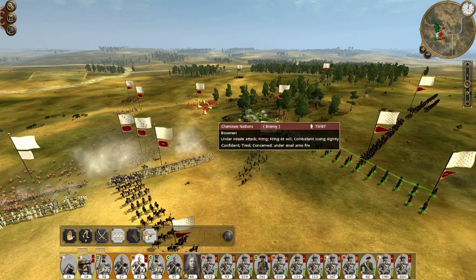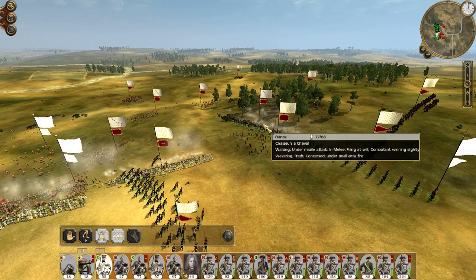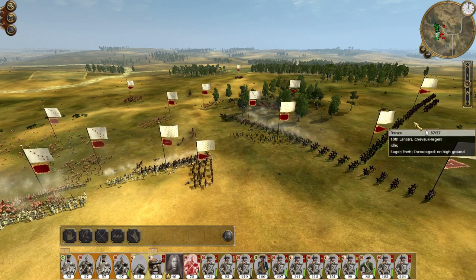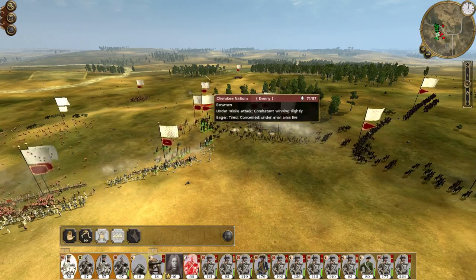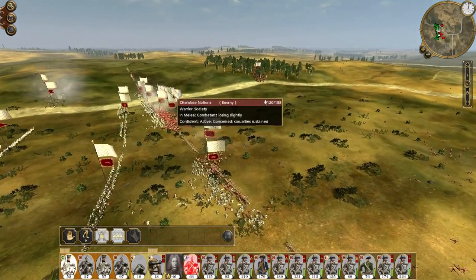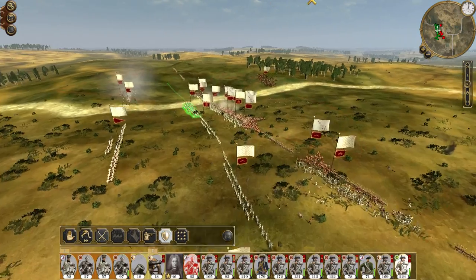Still really want to hit these guys here, to be honest, the bowmen, if we can. Okay, Chief's Bodyguard, let's throw cavalry in to try and kill them. Keep going, push right through. Okay, I think we're probably okay over here. Might be time to... Damn. I was going to say it might be time to throw some cavalry in, but...